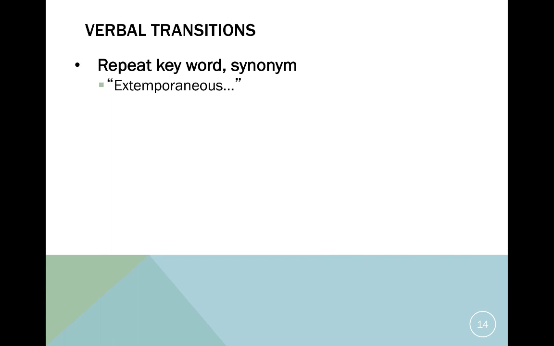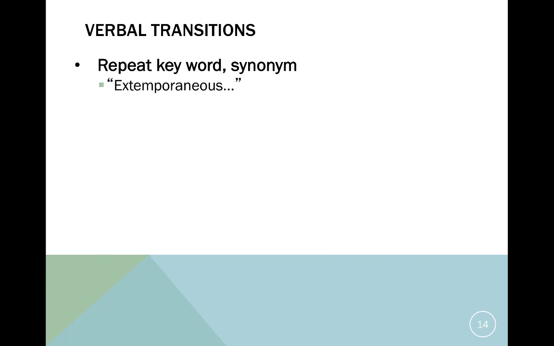So one way that you can do this is to repeat a keyword or a synonym. I told you that extemporaneous speaking is about when you've practiced, you've got an outline, you know where you're going, right? You've got cues. I've got notes here on my screen, but I've not memorized my speech. So let's say I've got 3 major parts of my speech. One that I'm going to talk about extemporaneous speaking style for, what it does for a speaker, what it does for an audience, how you can organize, and so on.